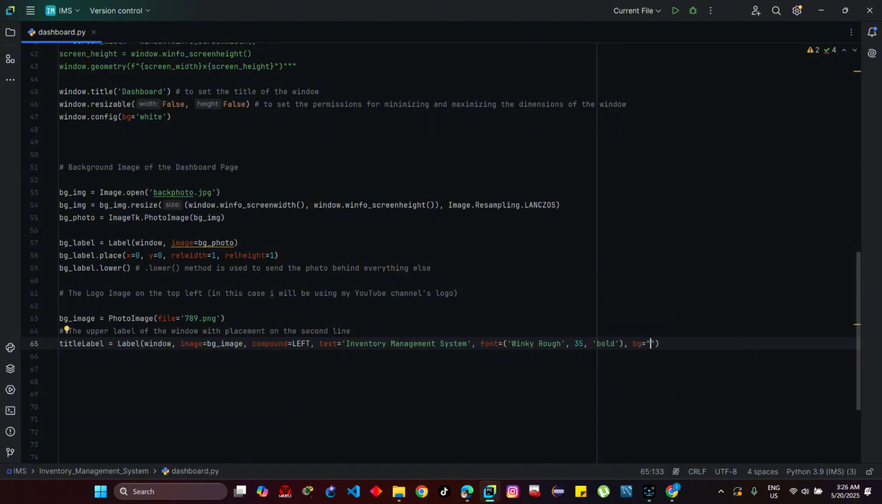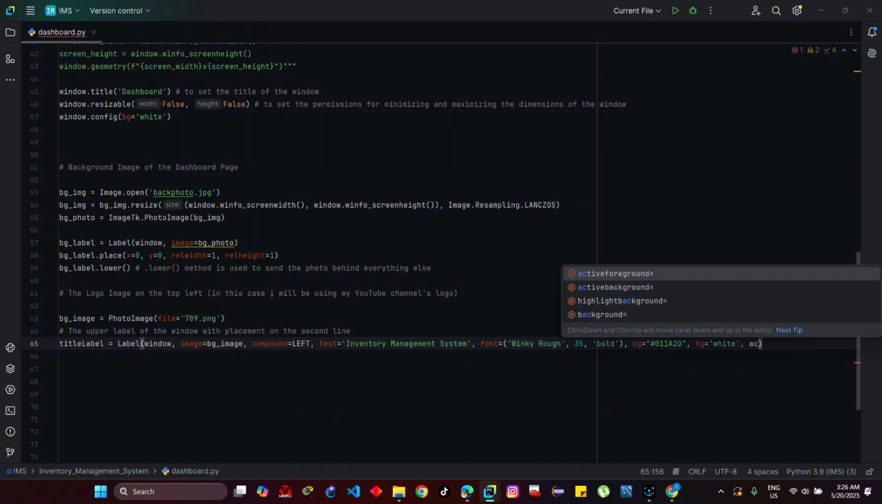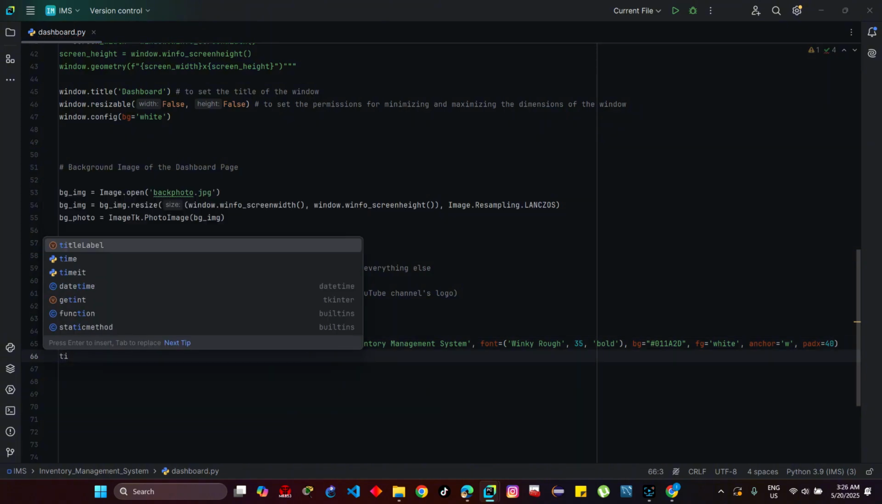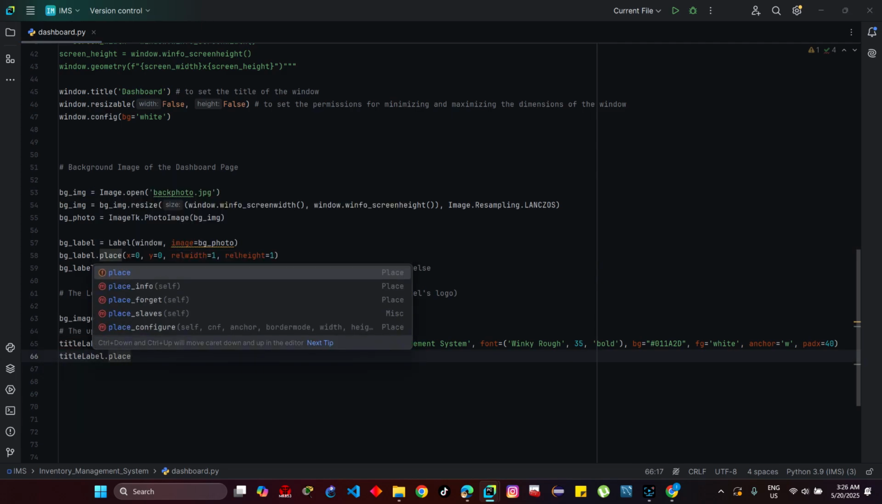Background is 011A2B. Foreground is white. Anchor equals W, west. I want this to be on the west side of the label, 40, and let's position this title label dot